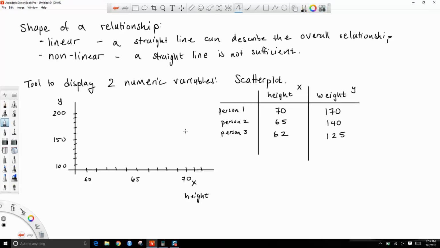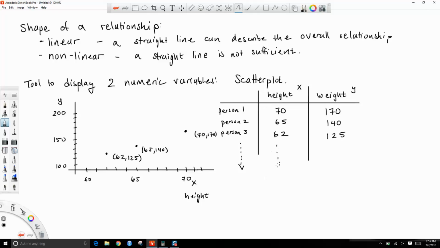This person is a dot right there. 65 at 140 would be right there. And then we have 62 at 125 right there. Okay, so these are the three dots that I have included here,